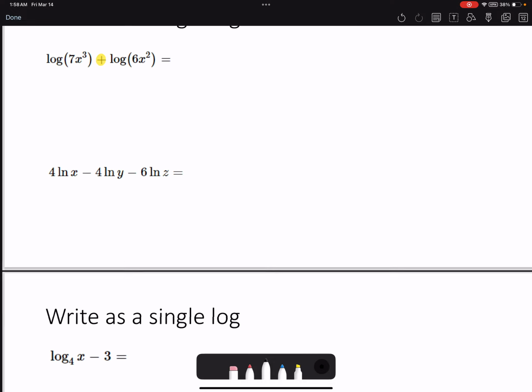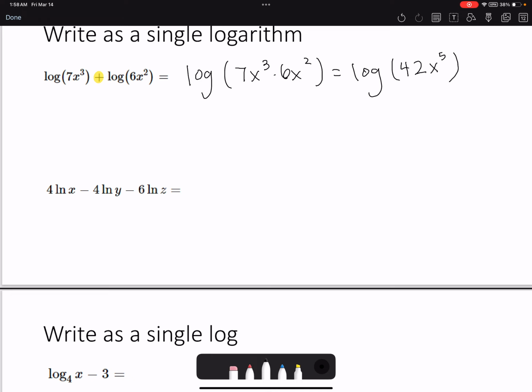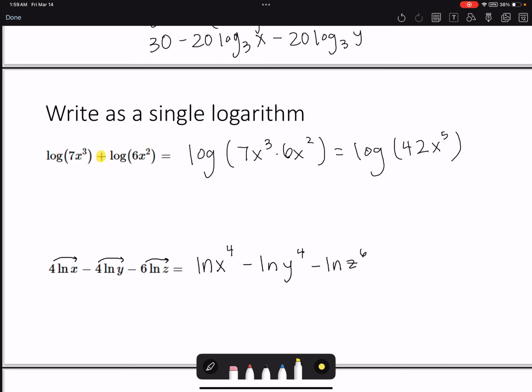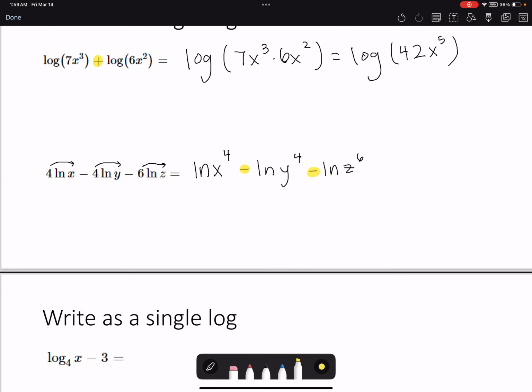Okay, the next one, we have a number in front of the ln for each of these. So we can put those back as exponents. You'd have ln of x to the 4th minus ln of y to the 4th minus ln of z to the 6th. Now, what we did on the last one, if you noticed, we had minus here and minus here. That's what we have right here. So this is actually ln of x to the 4th minus ln of y to the 4th plus ln of z to the 6th,